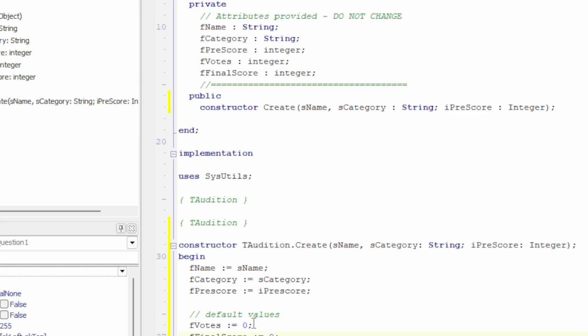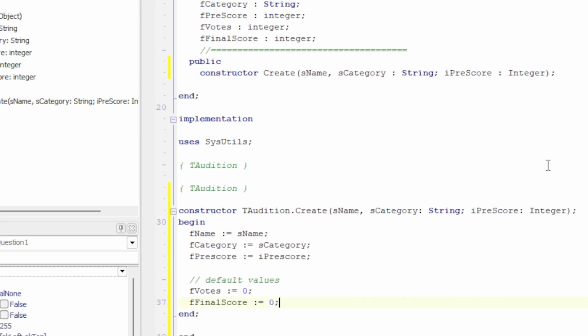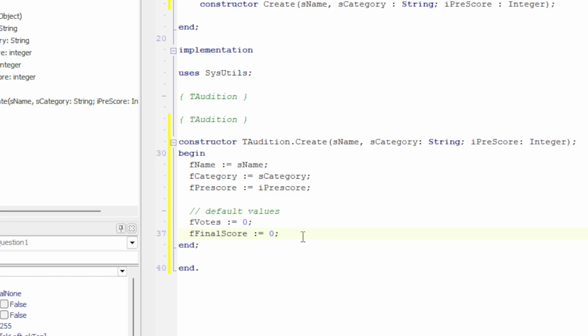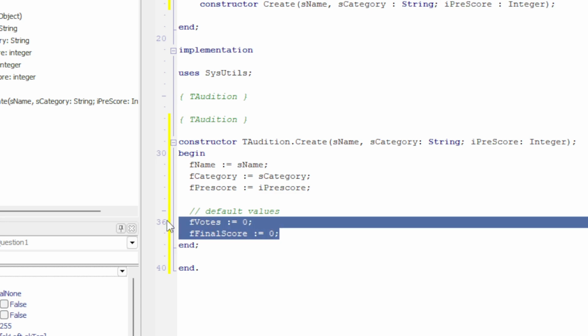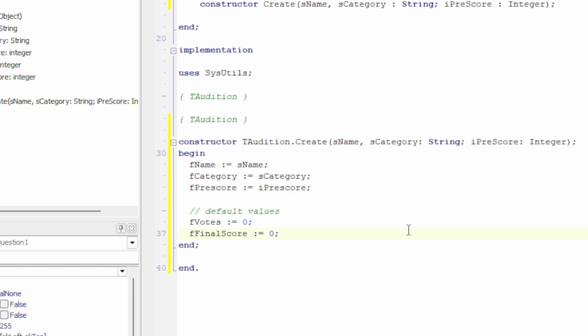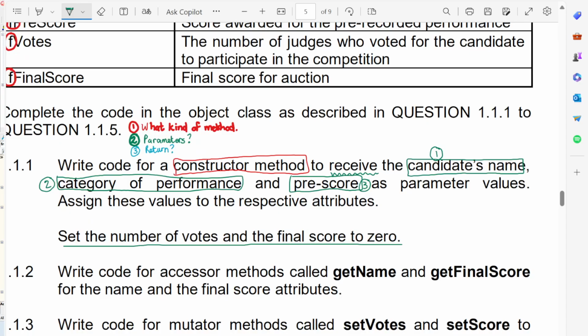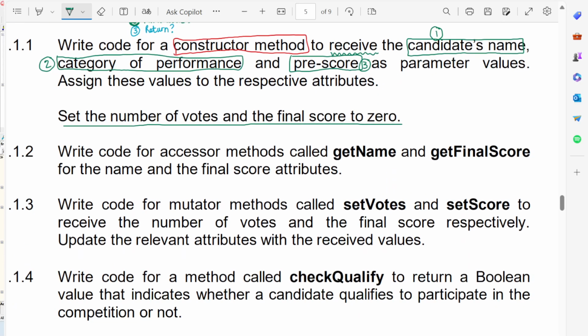Great job. We are done with our constructor. It was as easy as that. See that I kind of went off the screen there. As easy as just setting those two values. Great. Let's read what the second part of our question says and see if we can continue. So, going back to the second part of my question, I can now go to the second question. So let's read it. It says,